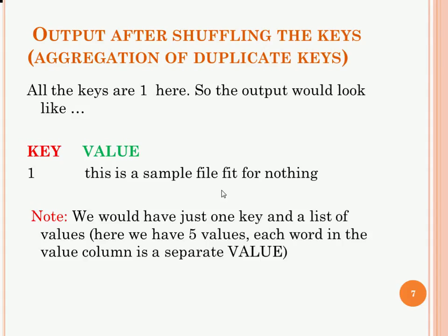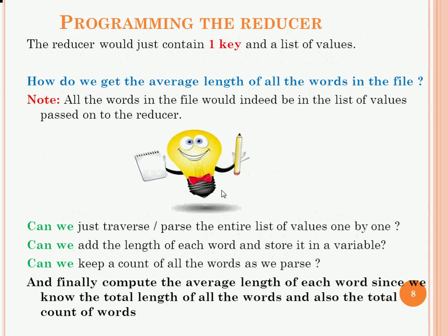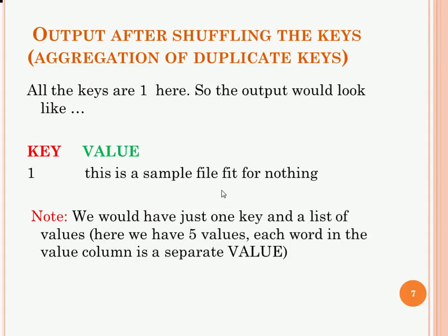Observe carefully, we have one key and a list of values which is going to contain nothing but all the words from the input split that the mapper is processing. In this case, the input split is the entire file. So we would have all the words in the file appearing as a list of values. So observe carefully, if I have this as an input to the reducer,